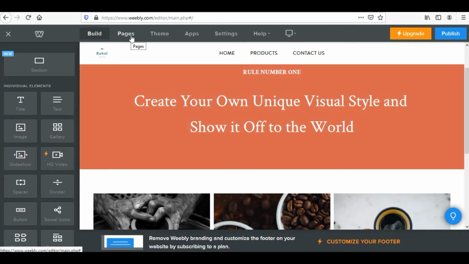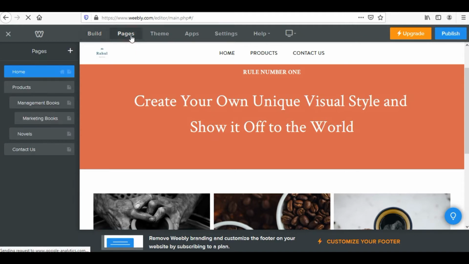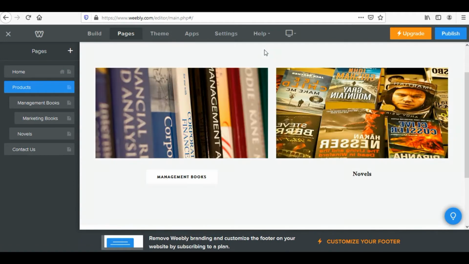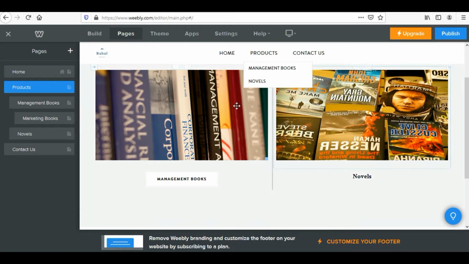Now let me talk about how we can add pages like this. Suppose I have created a products page. Within the products page we have two types of book categories, management books and novels. I want that when somebody clicks on the products page, they get these two options, whether they are interested in management books or in novels.